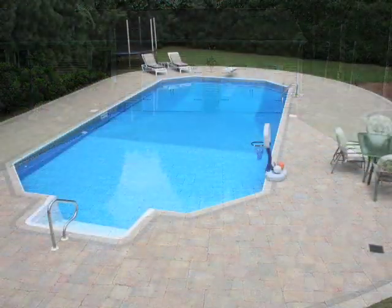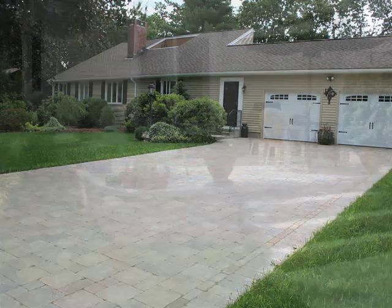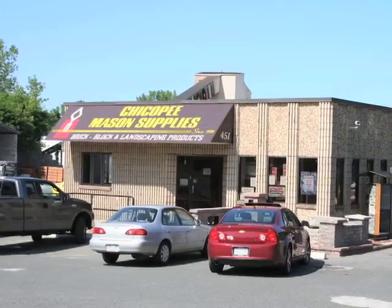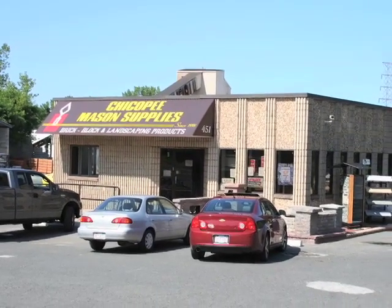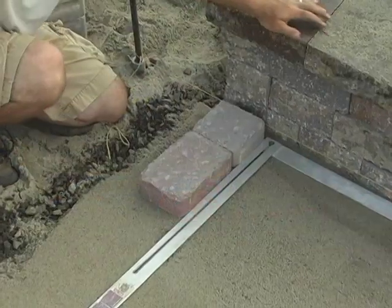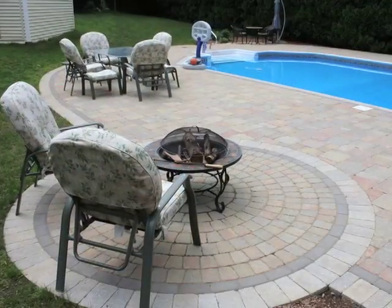Walkways, patios, and driveways. They can add beauty and architectural style to any home. Maybe you've thought about adding a classic brick driveway, a stunning stone patio, or staircase. Today, with the help of Chicopee Mason Supplies, do-it-yourself paver installation has never been easier. In a short time, you can create the patio of your dreams, adding both beauty and lasting value to your